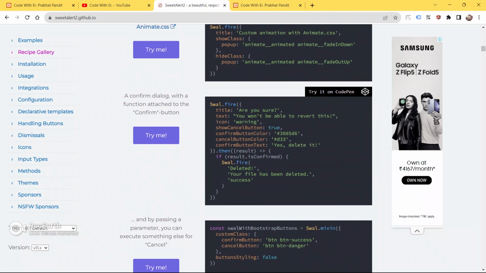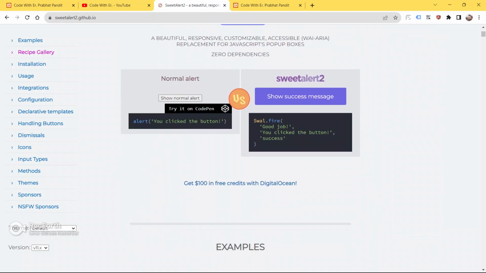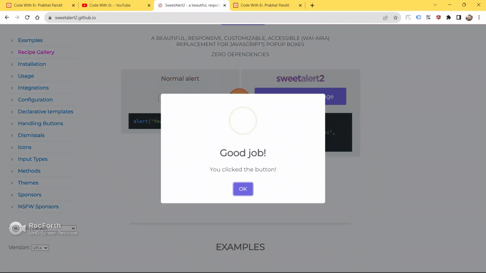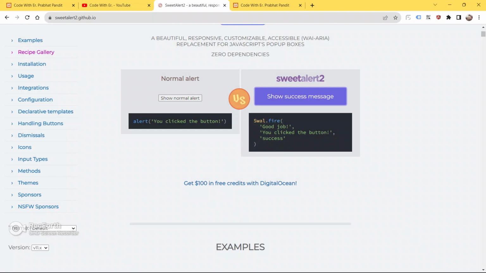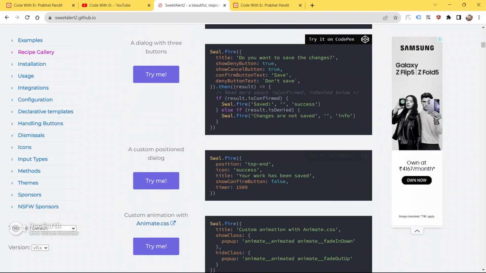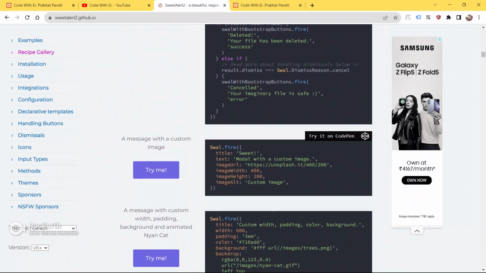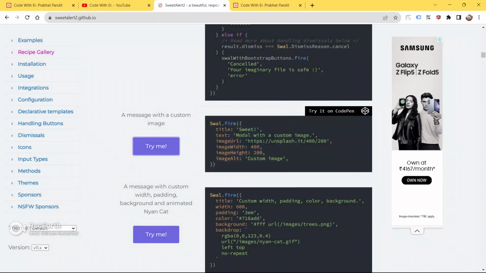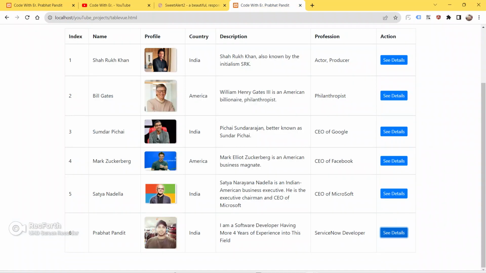So guys, let me just go to the switch alert. In this video I am using this alert. Instead of the normal JavaScript alert, see guys, this is the normal JavaScript alert, and I'm not gonna use this. Instead I'm gonna use this alert in our application, in our session. As you can see, we have got the images and some text, and we have a button also, just to terminate the pop-up. So I'm gonna copy this code from here.